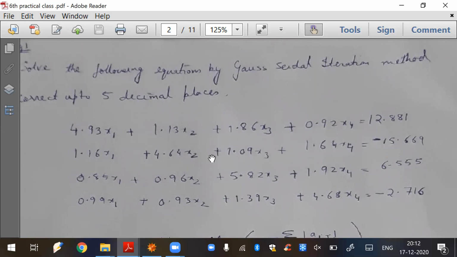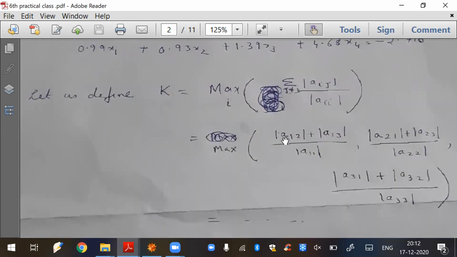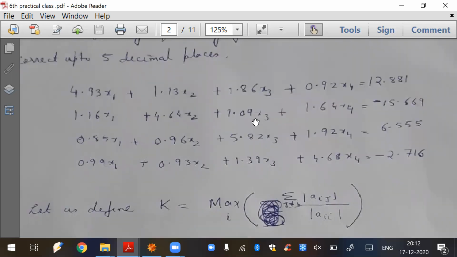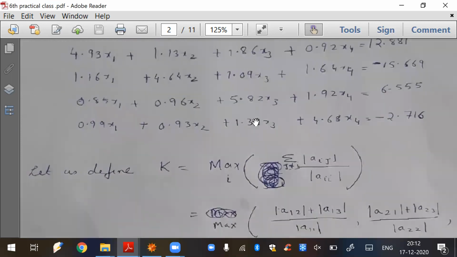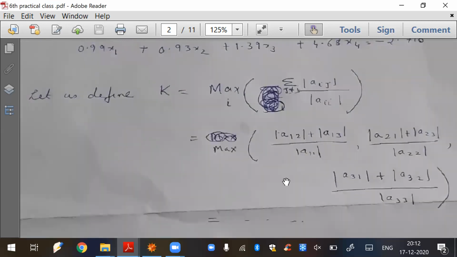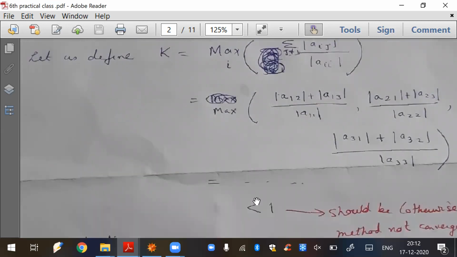So what you have to do, what is my point? That means whatever A is given to you, you have to check this one first. In case it is not, then you have to try to make it diagonally dominant. That is, obviously you have to try it in rough. Once you get it diagonally dominant, then you can do this sum, and in that case you have to write down the new fashion as a new system of linear equations. Then again you have to calculate it and then say okay, it is less than 1, so the Gauss-Seidel method is applicable, and then you apply the method. How to apply the method we will discuss in a little time.